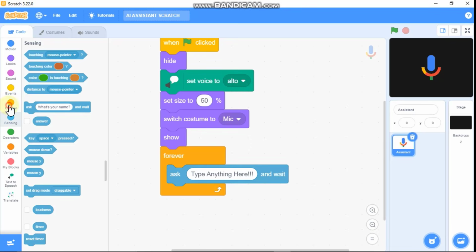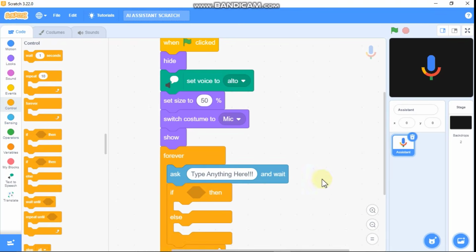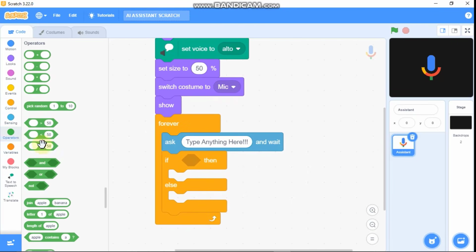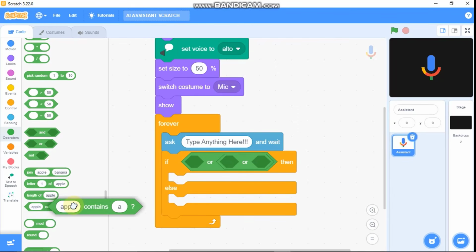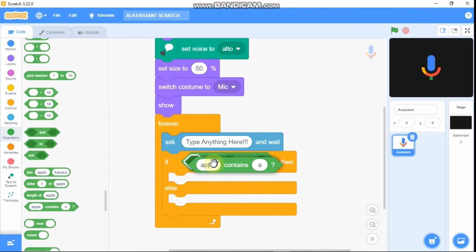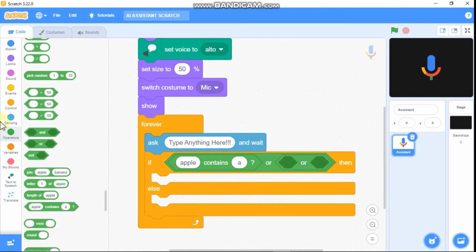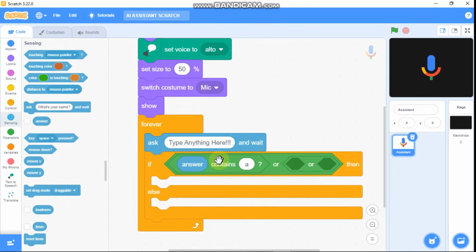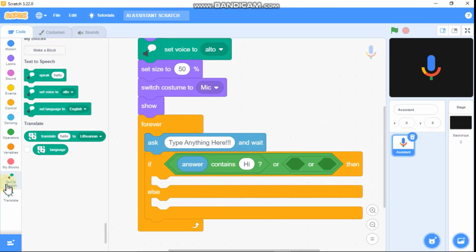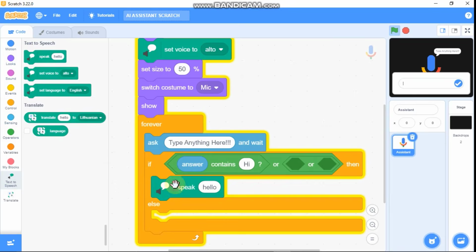Then go for control, grab an if else statement, and go for operators, grab 3 ORs. 2 ORs will be enough. And then you'll see this block called apple contains 8. So then drag and drop this and go for sensing, and if our answer contains hi, and then it will say